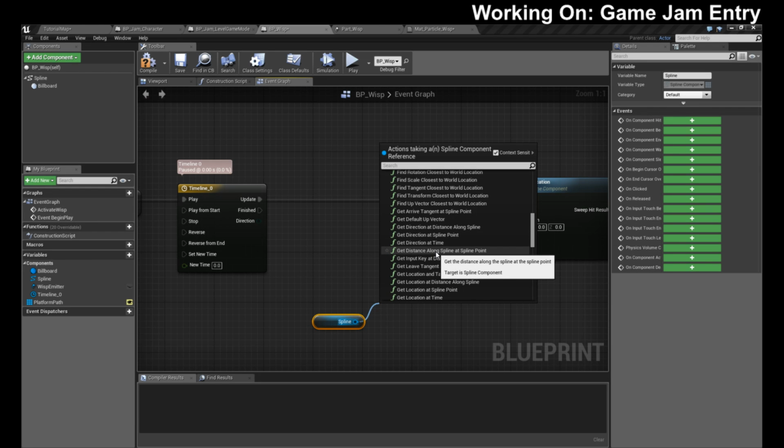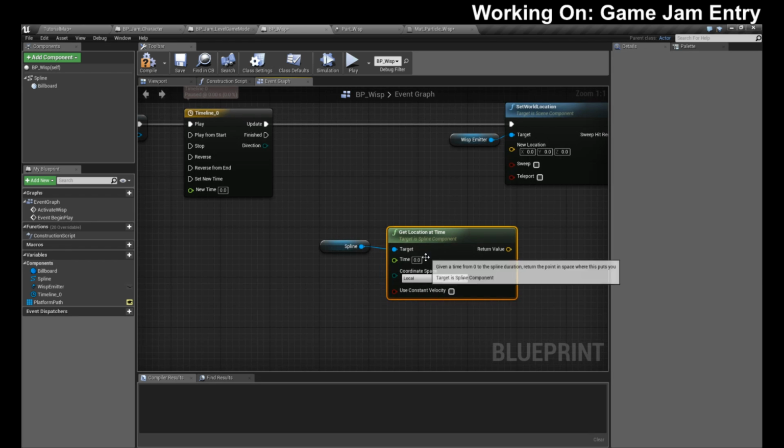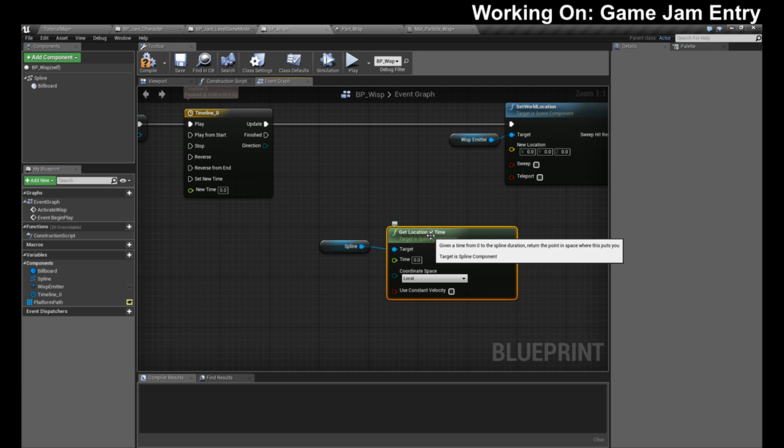Get distance along spline at spline point. No, can I get the... Given a time from 0 to the spline duration. What is the spline duration? Is it 0 to 1? Because if it is, that would be awesome.